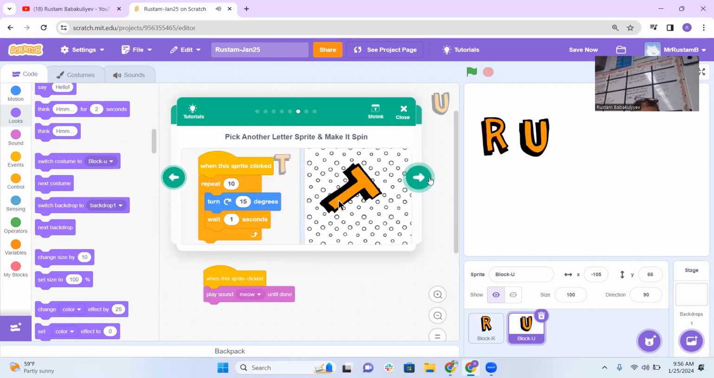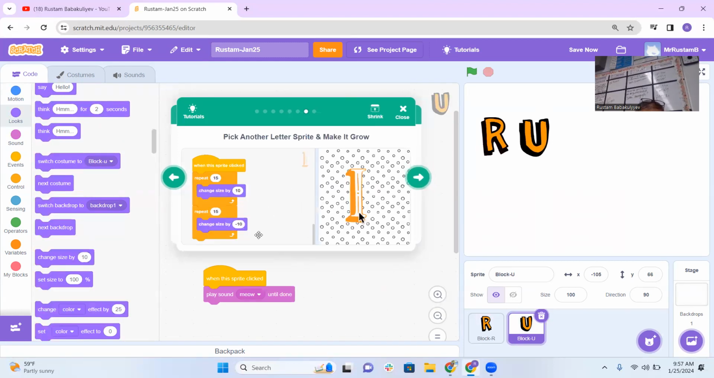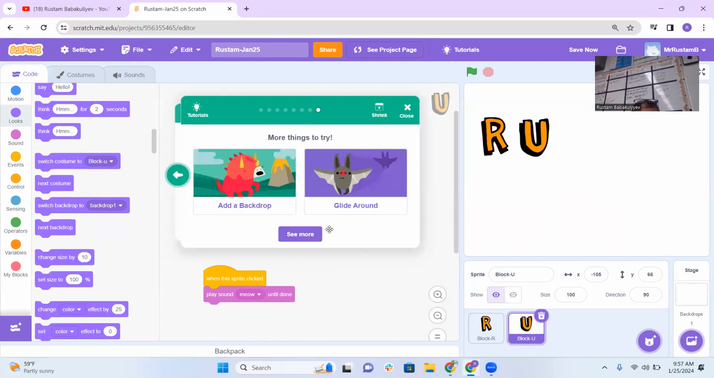And then you proceed to the next, and you add these blocks to make it rotate. You proceed to the next one and you add these blocks to make it do something else. And then the last one gives you options. If you want to add a backdrop or make some of them glide, but don't make it glide, just add the backdrop. Any questions? Easy. Okay, follow the tutorial, completed. Now, Robin,